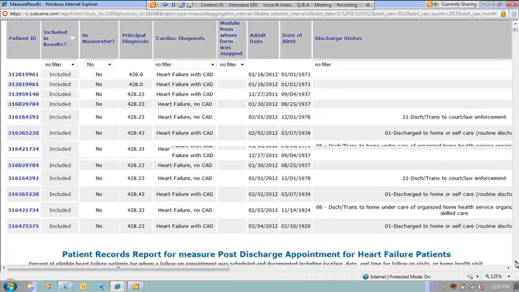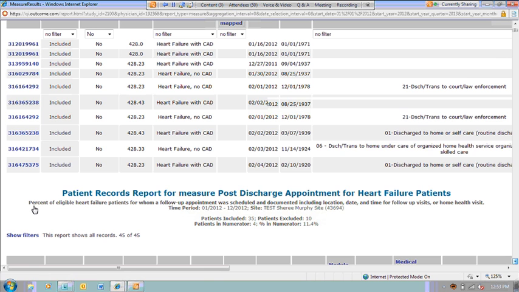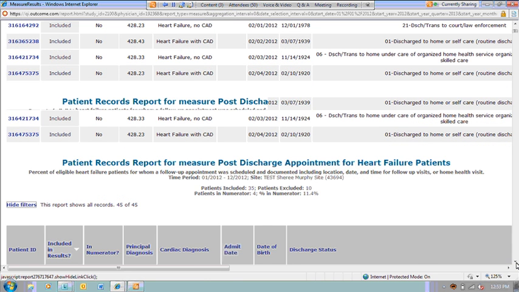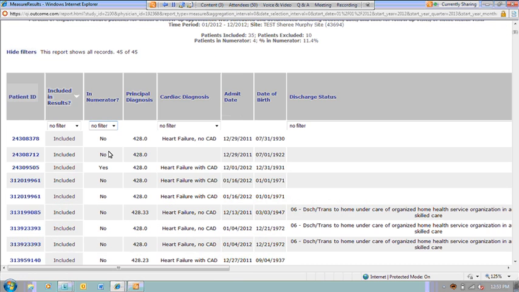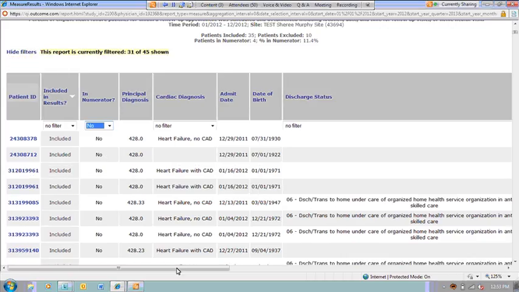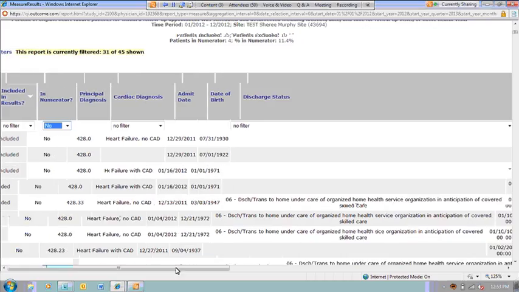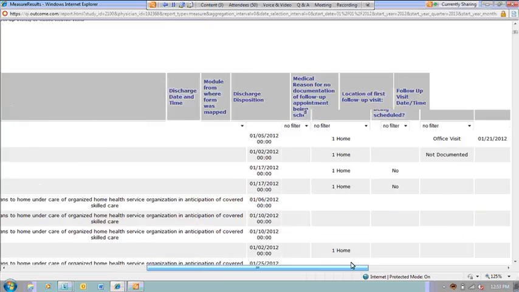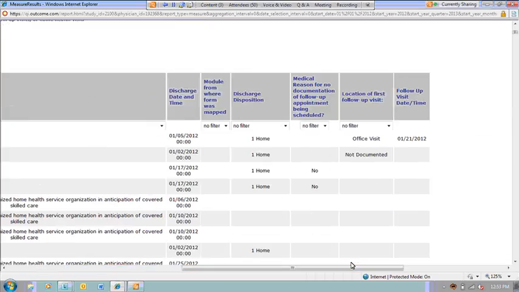So now we can do the same thing, take a look at our post-discharge appointment. I'm going to filter for all those who did not. Many hospitals are currently working on this because it is new, and right now we're allowing the discharge instructions. But I would encourage you to take a close look at your process for scheduling follow-up appointments, because that grace period of allowing you to apply for an award with discharge instructions will go away. This is definitely something that you do want to take a look at.